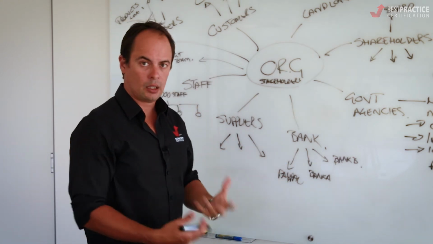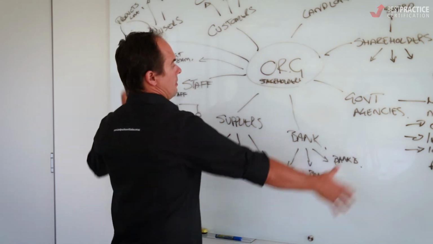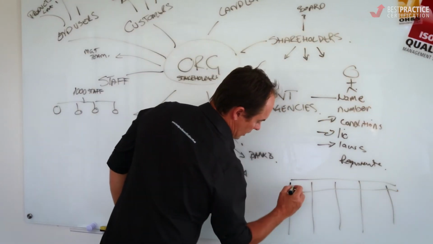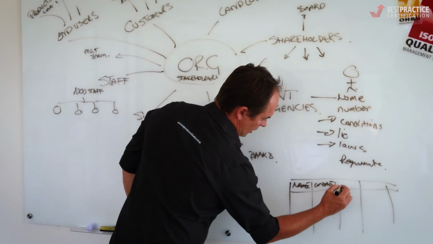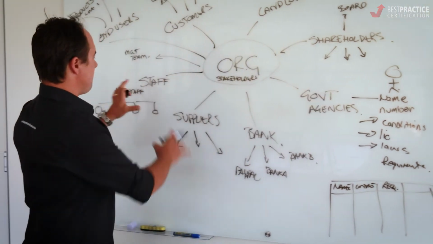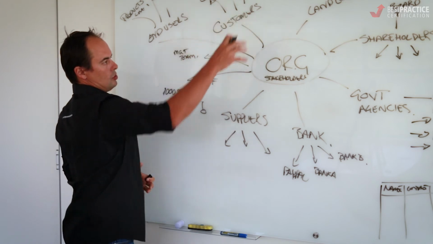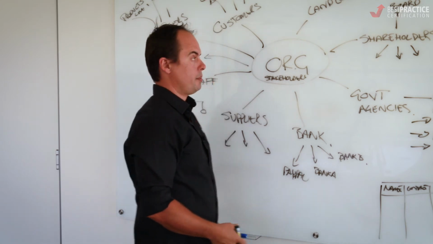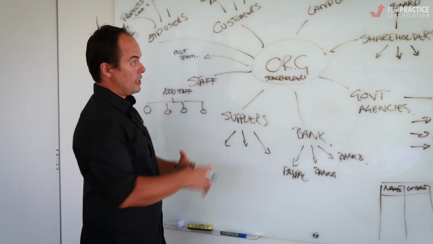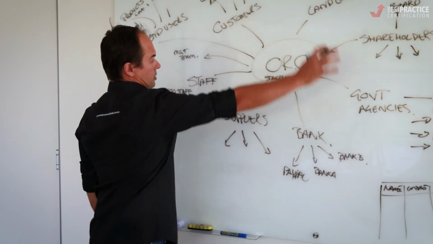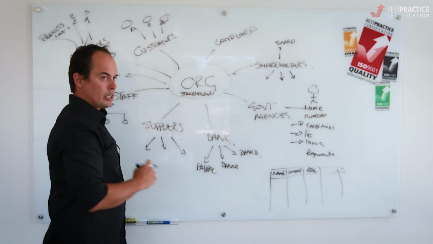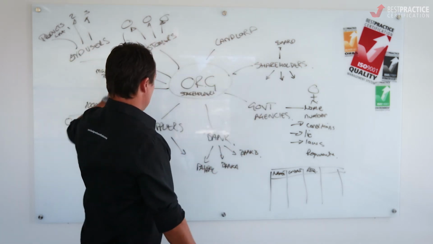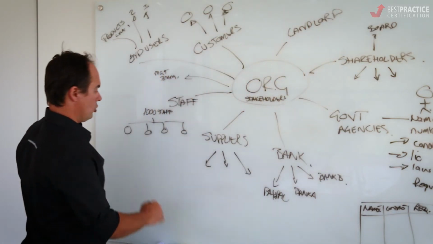We do see lots of our clients and lots of organisations we work with take all this and drop it down into a spreadsheet. And what we start to identify, obviously, is their name, their contact, and then their requirements. Anything that's a specific thing that you guys need to do to keep them happy, to keep them all on an even keel or meet their requirements so you can continue to operate. And that's obviously the whole objective of an organisation. In the true sense, an organisation is the organisation and coordination of all of these different stakeholder requirements to help you to go forward. So this information is important to keep at hand, this type of diagram, when you move into the next step.